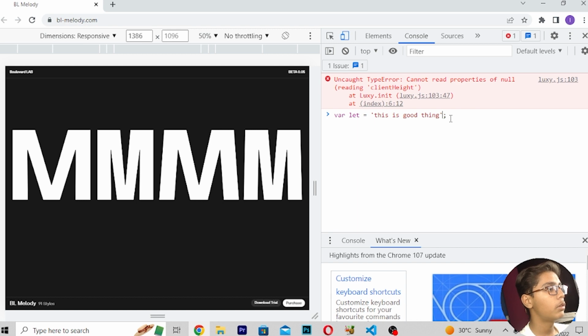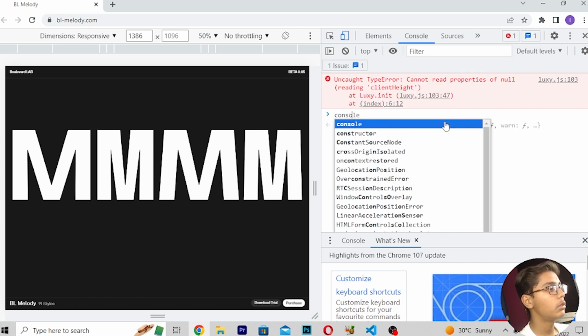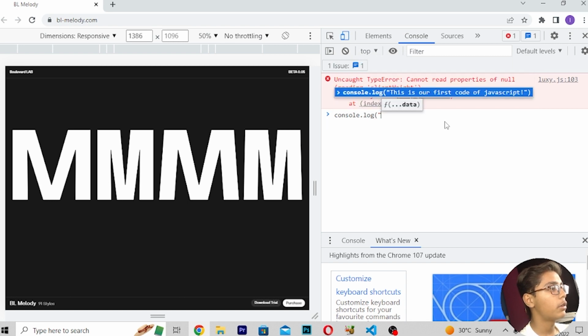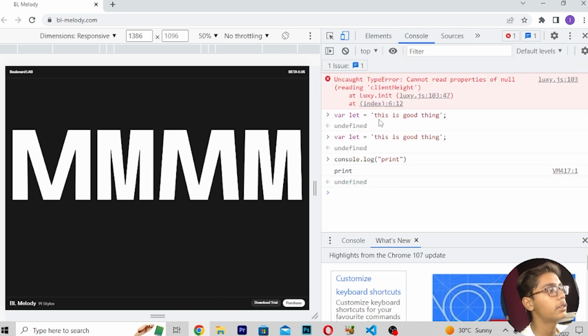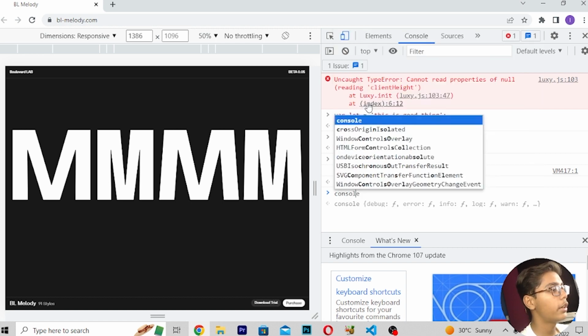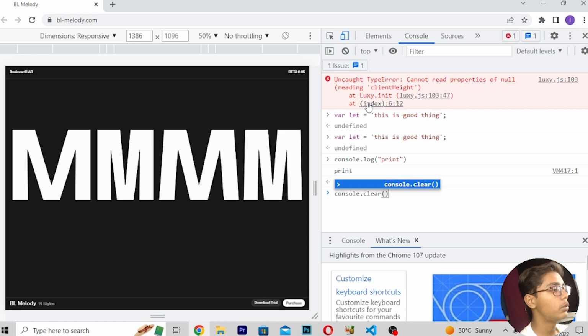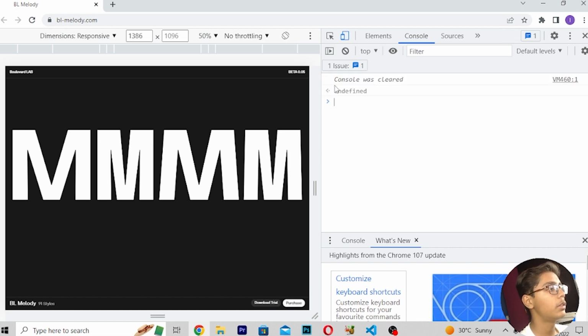So here I will now do it like this, and when you've written this, you have to do one thing. If I write console, you simply have to write console.log, then write print like this, press enter. Here I will move into this tag, then you can see it is showing all the values. Now we have to clear the console, so I'll use console.clear, press enter. The console has been cleared, and it is showing that the console was cleared.